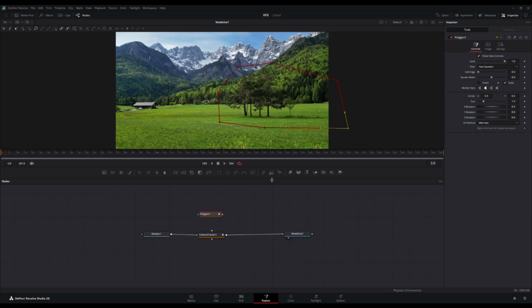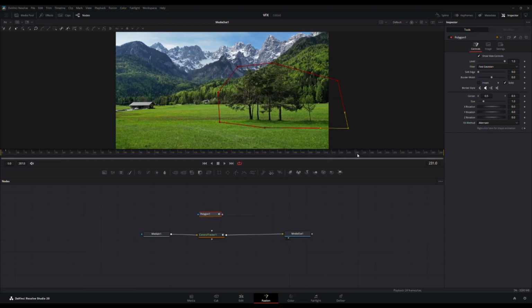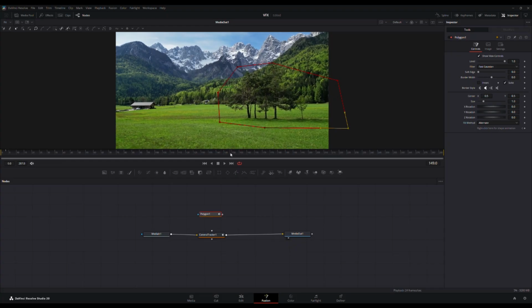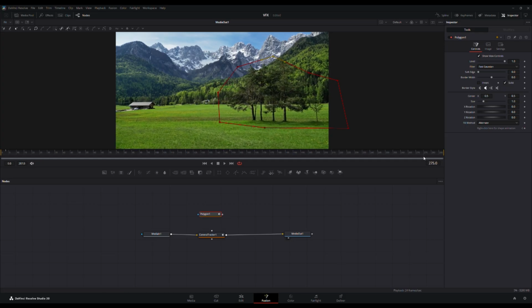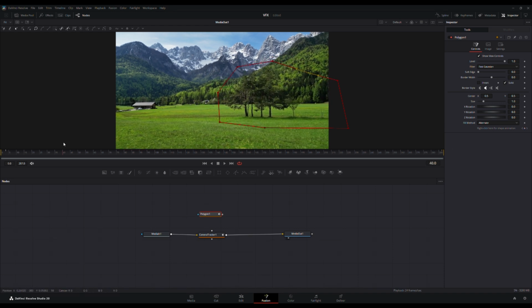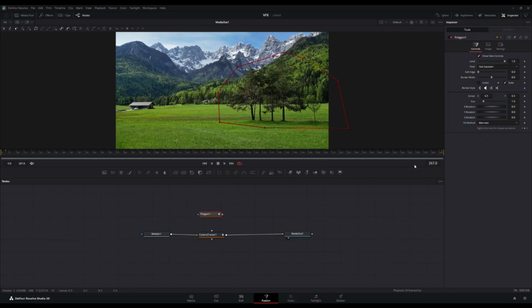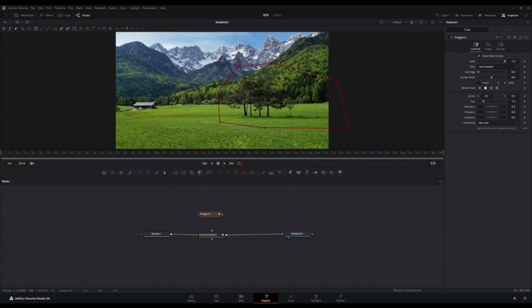So then what you can do is just draw a box around it. Before you connect it, scroll through and see, okay, it zooms in on the trees a little bit, so I want to include it. So I'm going to drag up, and you'll see that it sets a keyframe. And then go to the end. I'm going to make sure that I hit the right point, pull it up, so that none of that at the end is being tracked. And then see how it adds a keyframe, so it keeps the entire tree included the whole time. I want to bring in this bottom a little bit, so I'm just going to bring this up just a little bit here,